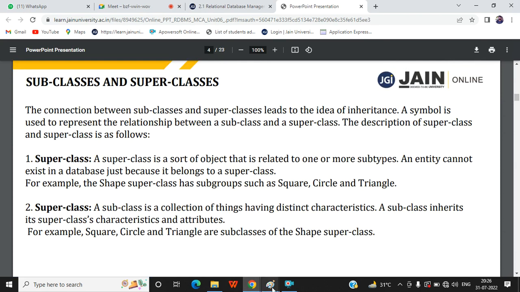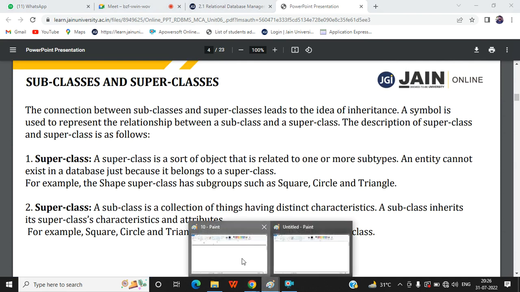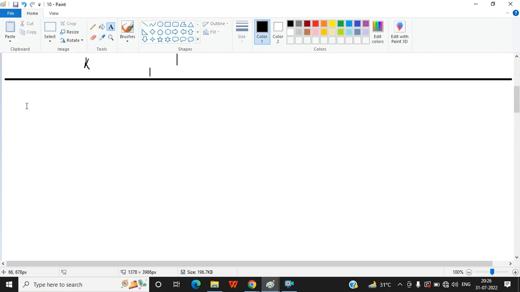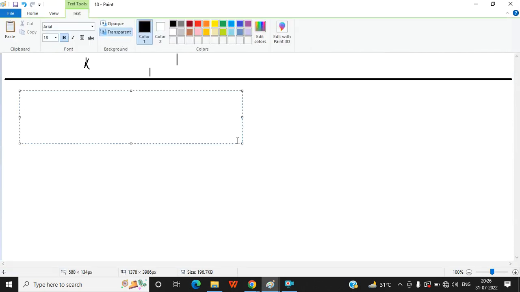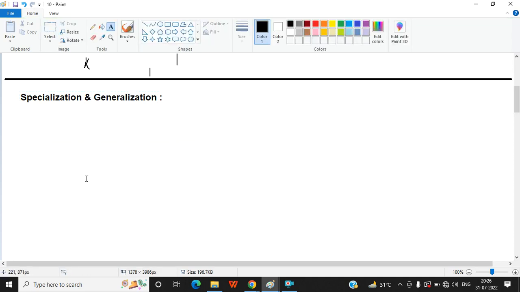So what is the enhanced concept? There are two specifications in the ER model: specialization and generalization. Now, what is specialization and what is generalization? Suppose,